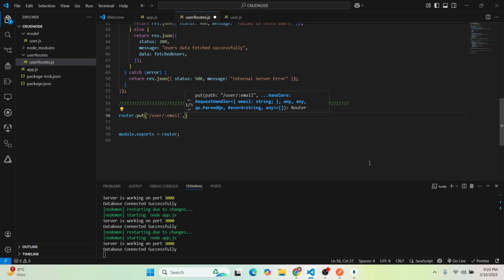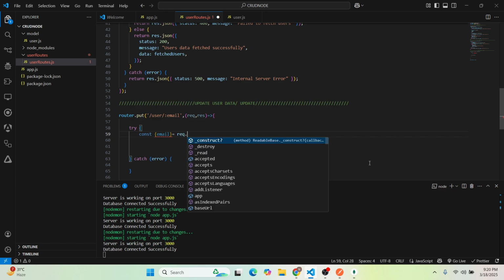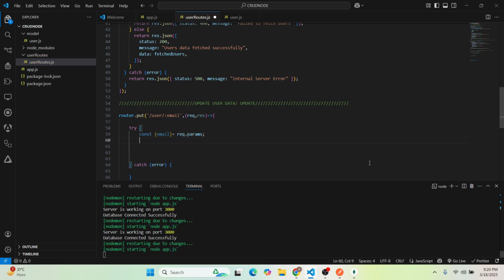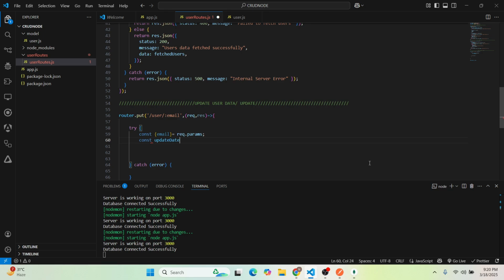As a parameter, we will be passing the email of our user, request comma response, and try catch. We'll see, const email equals to request.params. So this email will be coming from our params, not from the body. Now const updated data equals to,